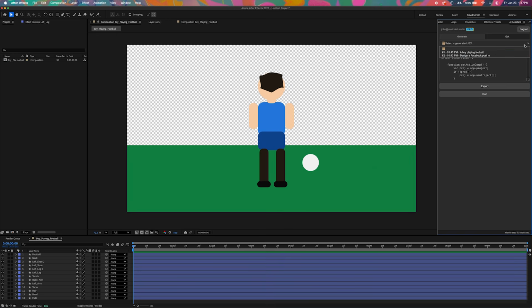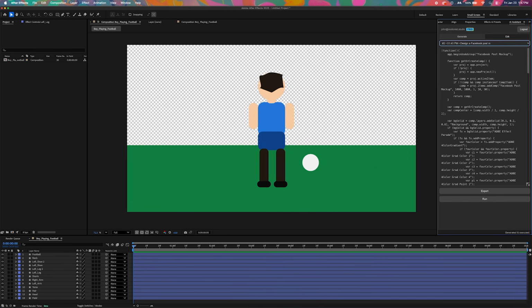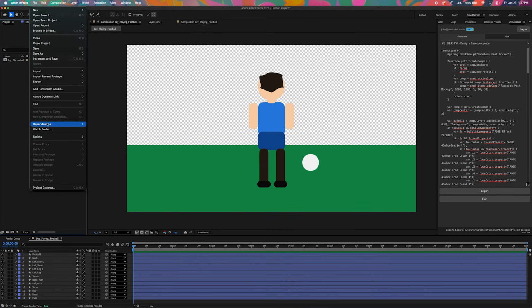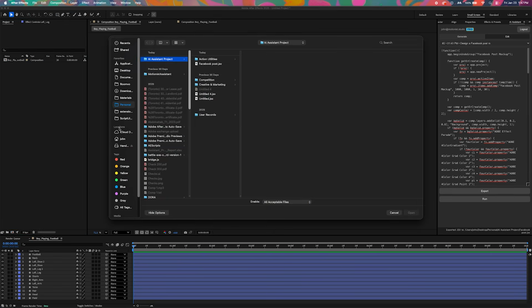At the Edit tab, you will find a history of the latest generated codes. You can review them, modify the JSX, or even export it as a standalone script so you can use it later. You can use all these features for free and upgrade only if you want to use it more than